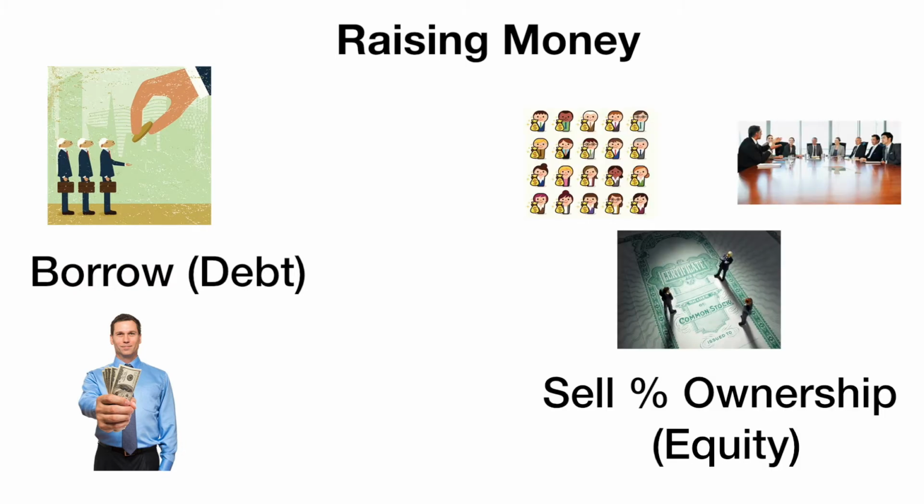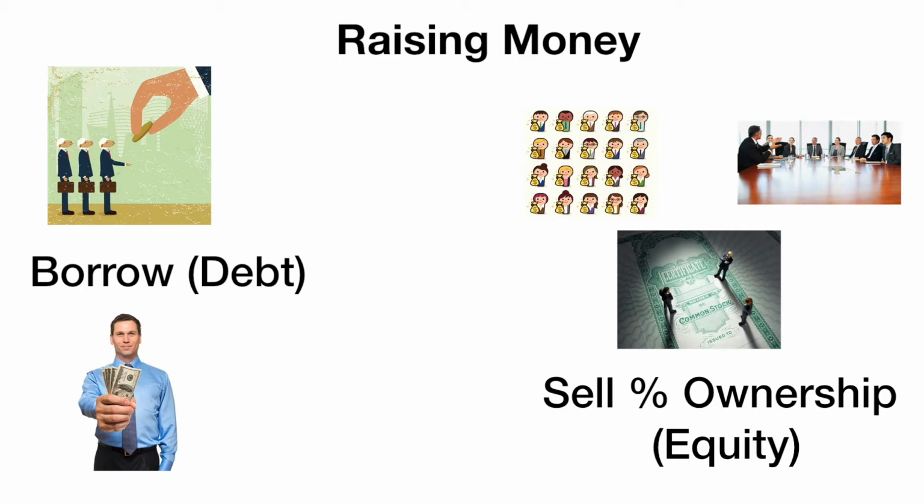The second method is to find other investors, which could be individuals or other companies, who are looking to invest their own money, and convince them that their company will be so successful in the future that they are willing to sell to them a percentage ownership in the business. This would allow the investor a right to a percentage of any future profits that are generated by the business. A company can facilitate this by issuing pieces of paper called stocks, with each stock representing a percentage ownership or